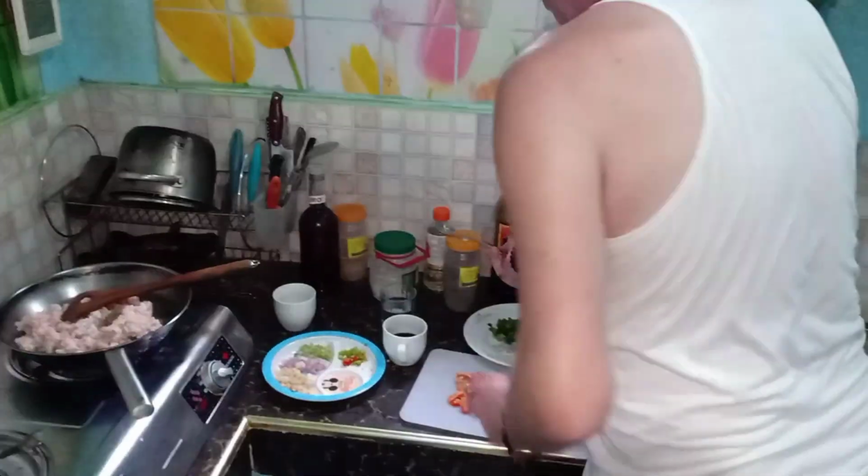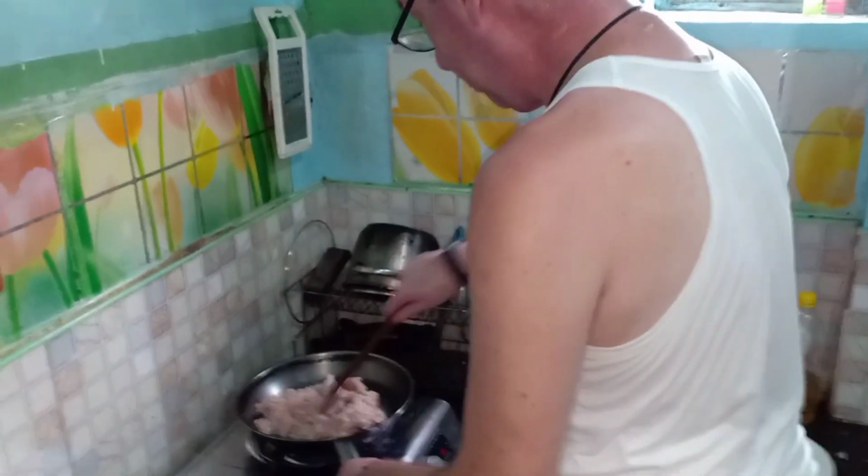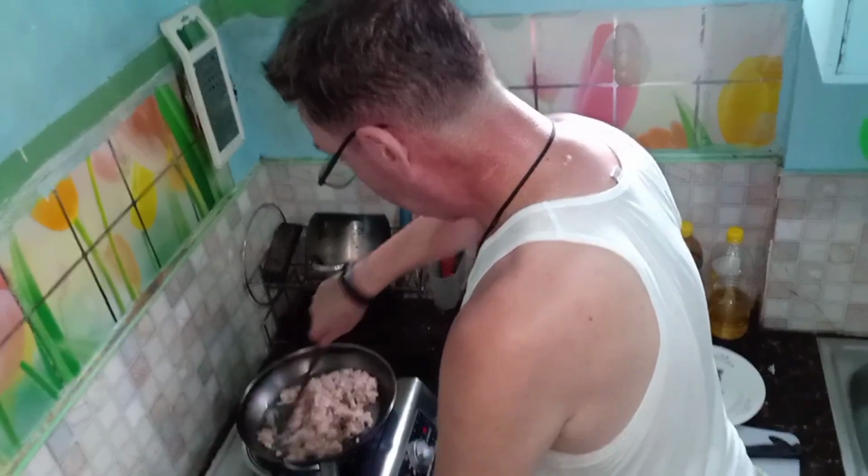We might call that a very generous pinch. Now this meat is supposed to cook for roundabout